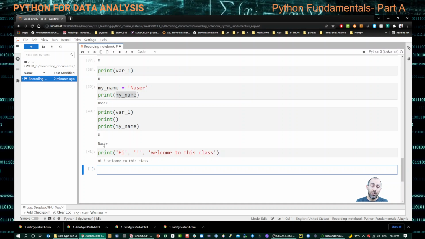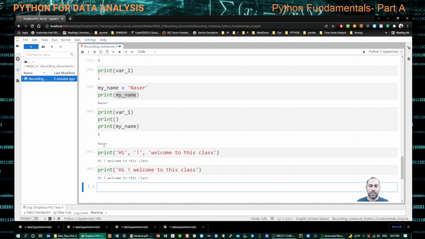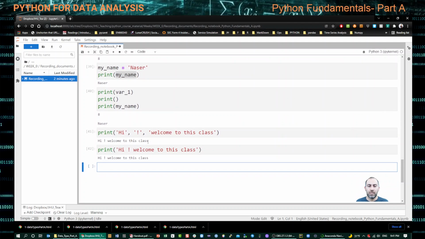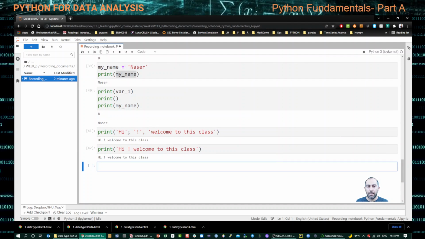Was it necessary? No, I could have just said print hi, welcome to this class. I would get the same thing. But what is the point of separating these values with a comma? Well, here's the point. If again we have defined var1 and var2,